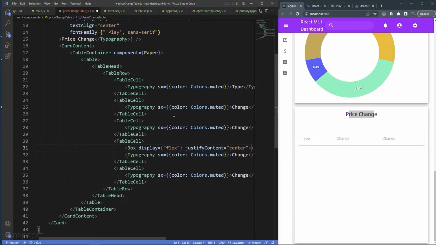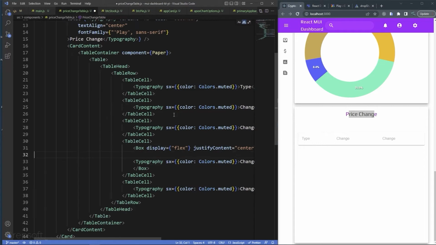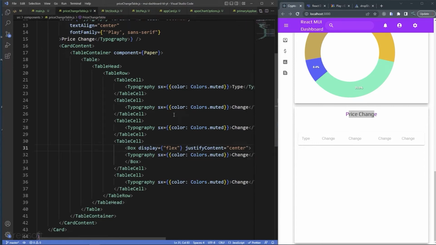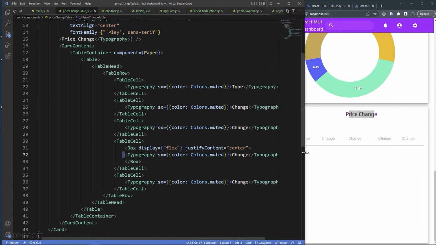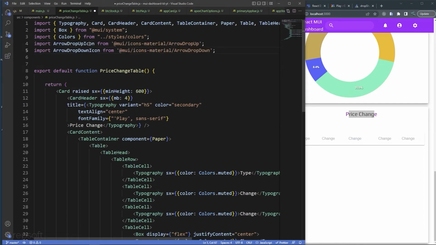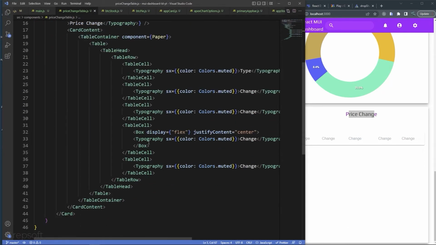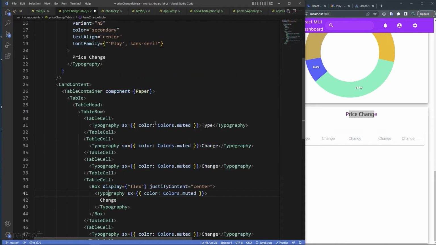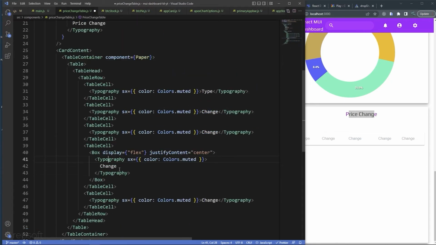Okay, and let's bring this here. I'm going to save it, and let's bring this here a little bit so we can see. Now I want to have arrow up and arrow down, so I got this from Material UI, and I can then paste it here. Alright, and so right here where I have this, the change,